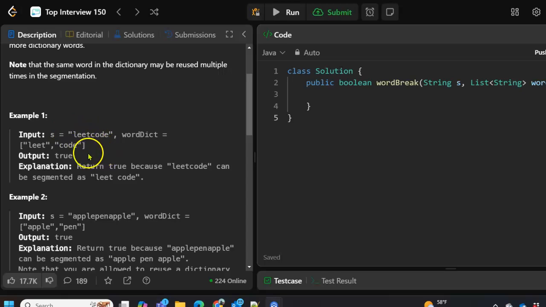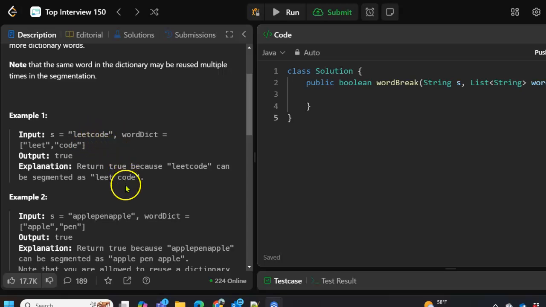So, example, the string is leetcode. The words in the word dictionary are leet and code. Well, what we really want to see is, can we put those together in some order to make the string?